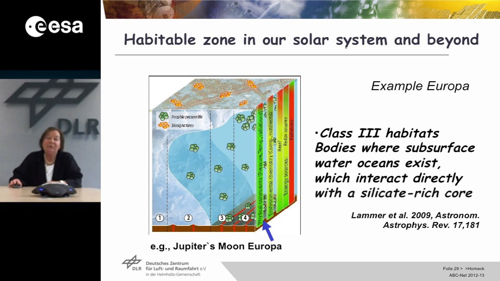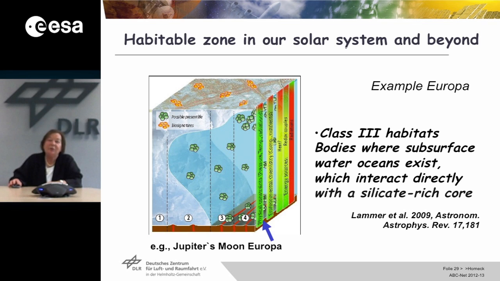So we have all the ingredients, but nobody knows at the moment whether this is still favorable for life. So bodies where subsurface water oceans exist that interact directly with the silicate-rich core are of special interest, and we hope that the European mission JUICE will bring us more insight into the